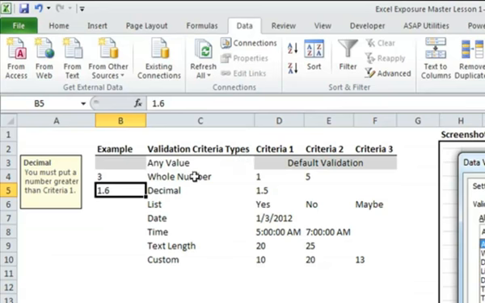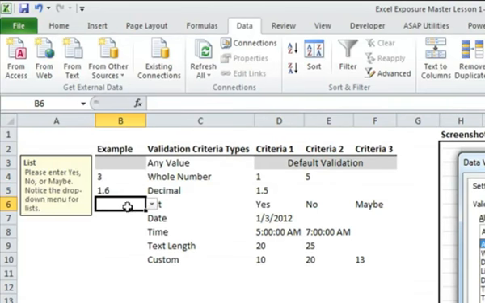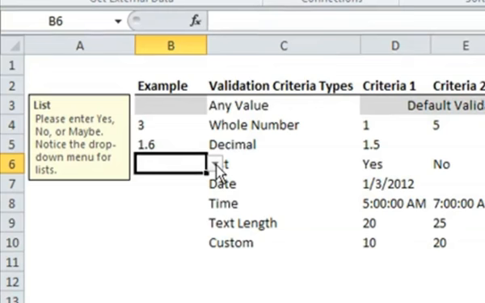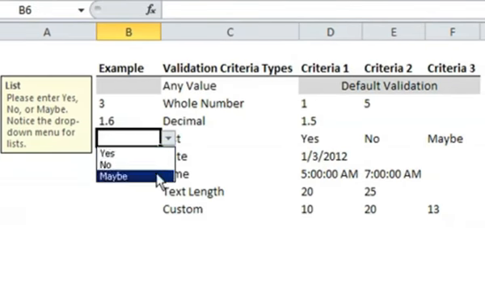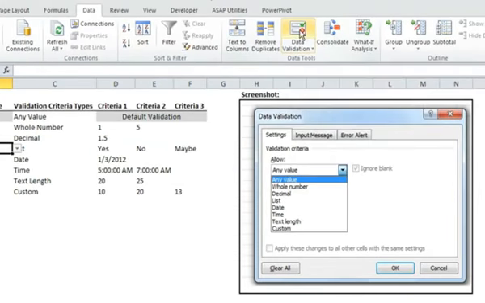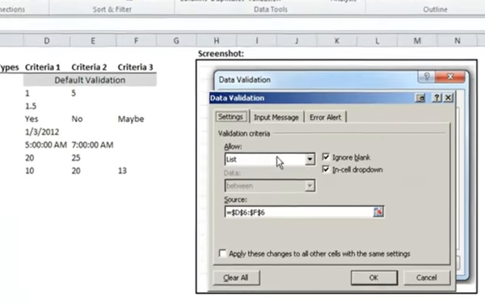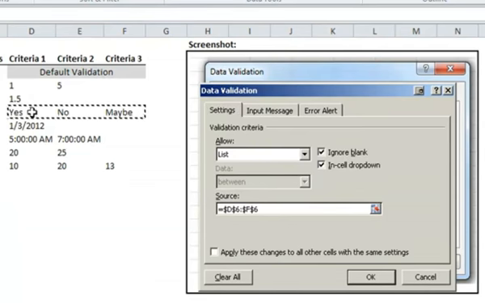One of the most useful ones, and the one I use most frequently, is the list data validation. You can see right next to it there pops up this little drop-down box which you can click on, and it should have the information that you used to select it, the criteria basically. And for any of these you can also use, instead of just a range, here I'll show you guys this example. If you look at list, the range here is yes, no, maybe, and you can see it says D6